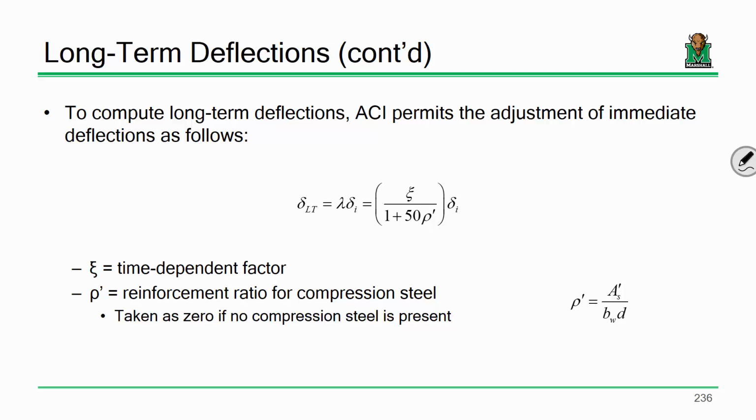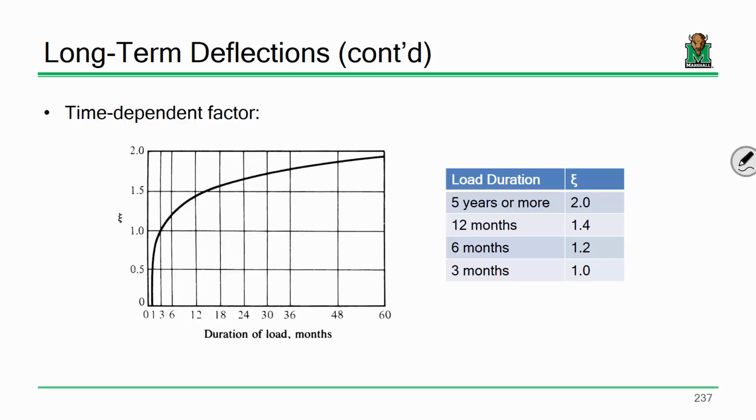If you have compression steel, you'll get a benefit. It's also a function of this time-dependent factor. How do you compute that? You look it up here. Now, this is a graph showing what your time-dependent factor is as a function of how long that load is